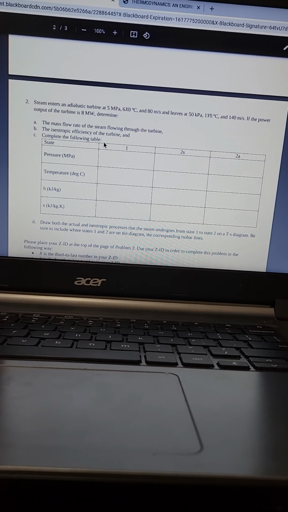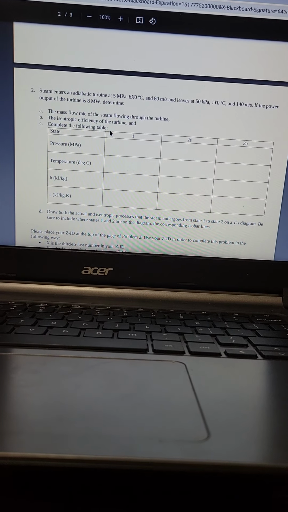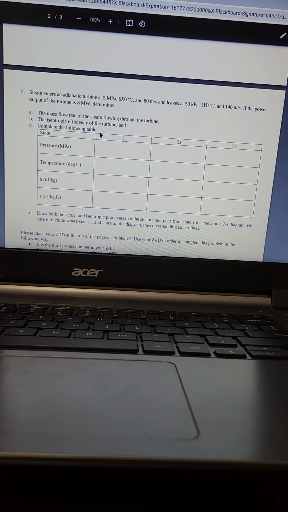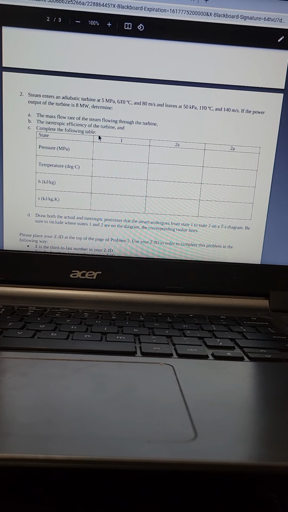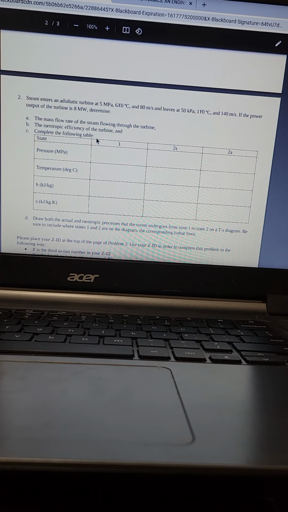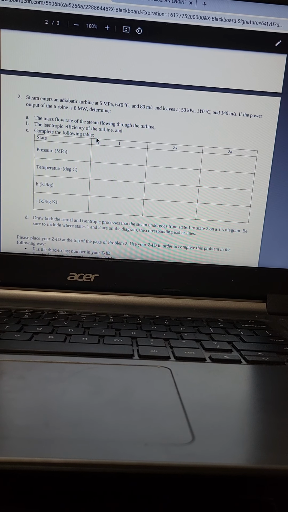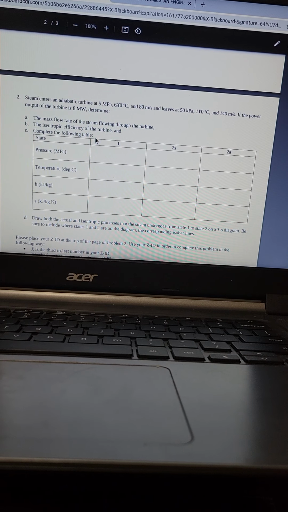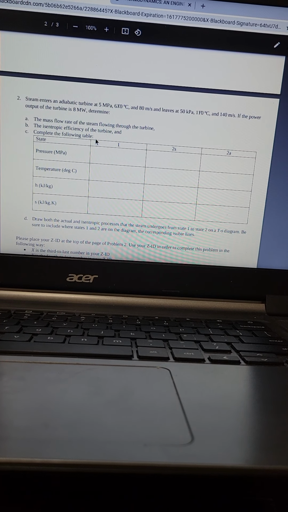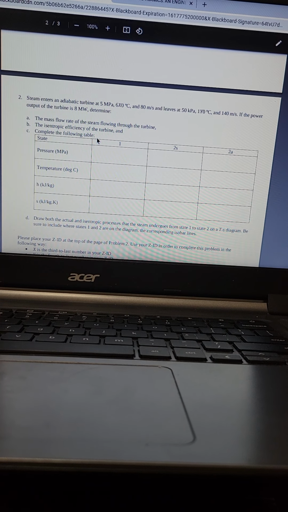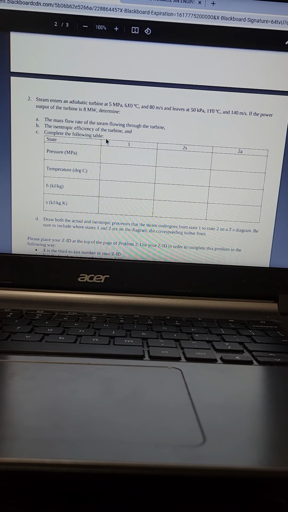Thermal exam number 3, problem number 2. The question clearly states steam enters an adiabatic turbine at 5 megapascals, 6x0 degrees Celsius, and 80 meters per second, and leaves at 50 kilopascals, 1y0 degrees Celsius, and 140 meters per second. If the power output of the turbine is 8 megawatts, determine A, the mass flow rate of the steam flowing through the entire turbine,